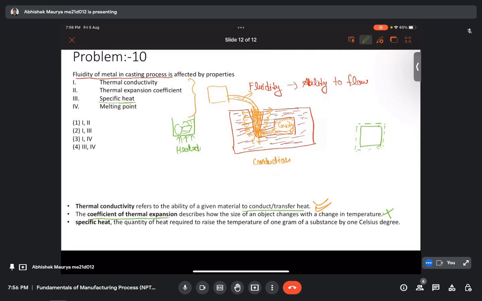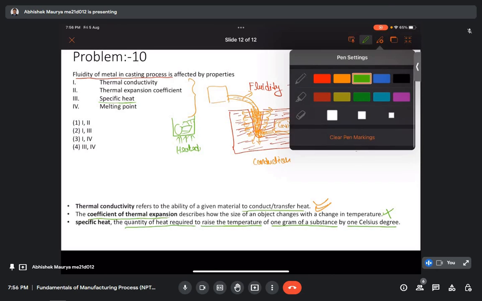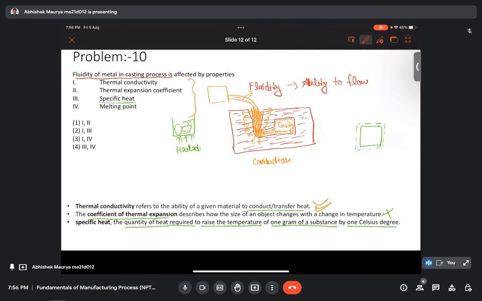How is it defined? It is defined as the quantity of heat required to raise the temperature of 1 gram of substance by 1 degree Celsius. So suppose we have 1 gram of material and its temperature is 25 degrees Celsius. We try to increase it to 26 degrees Celsius. We have to give some heat,